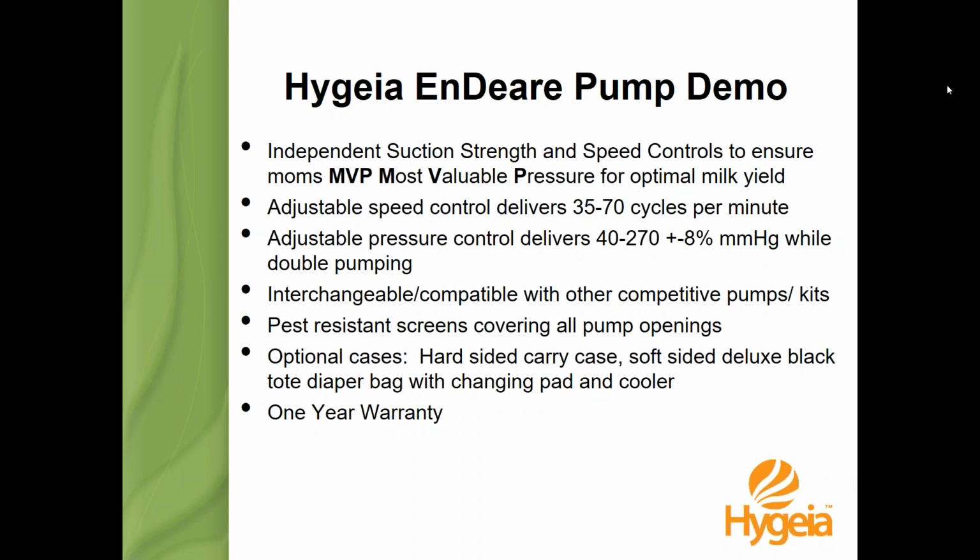This port right here is for a vehicle lighter adapter. Hygeia sells one vehicle lighter adapter, so if the mom doesn't have electric access, or she wants to pump in her car, she can use that. On the back here,